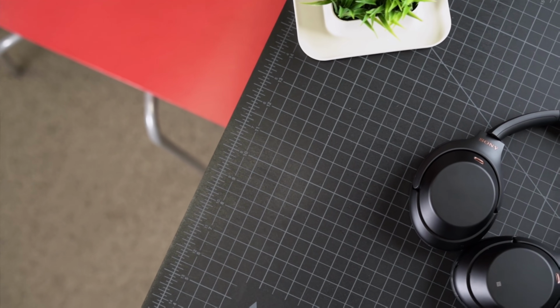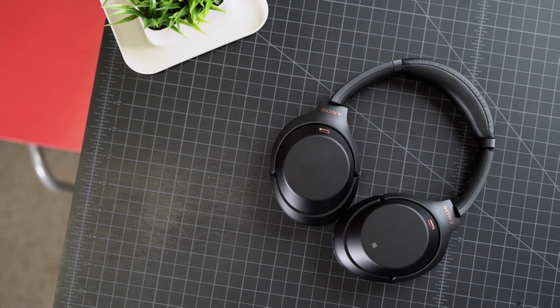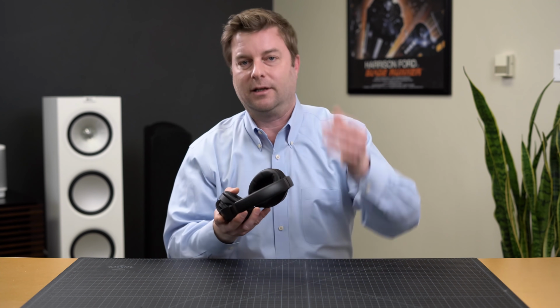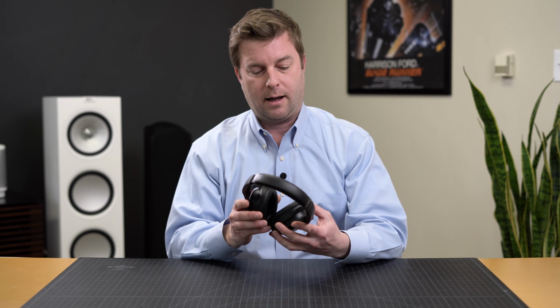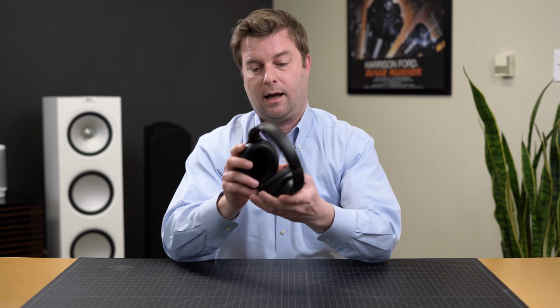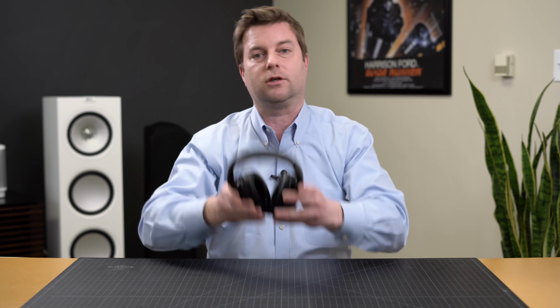As far as comfort goes, the Sony wins in my book. It has the right amount of clamping force, enough padding on the top. I've worn these for 6-7 hours straight. Never felt any fatigue beyond any other headphone I would ever experience. I mean, eventually you're gonna feel it a little bit on the crown of your head, but they have a different look than the previous version, which some people may not like right off the bat, but it's functional. It really makes them comfortable for long wearing sessions,